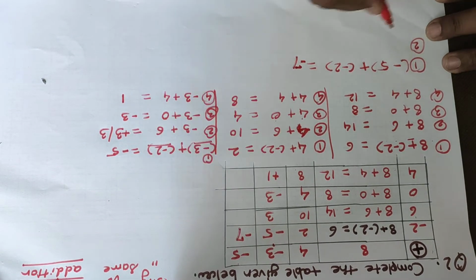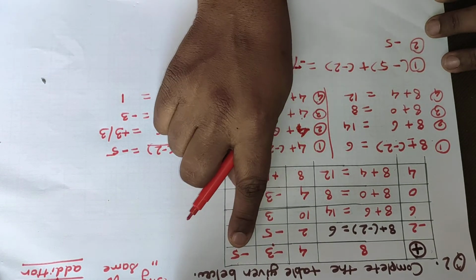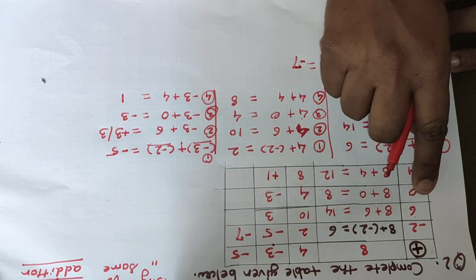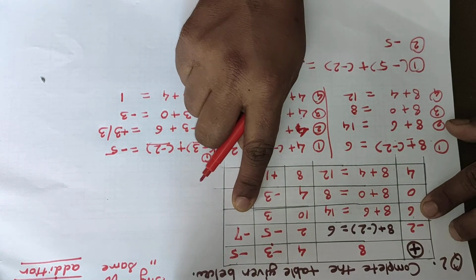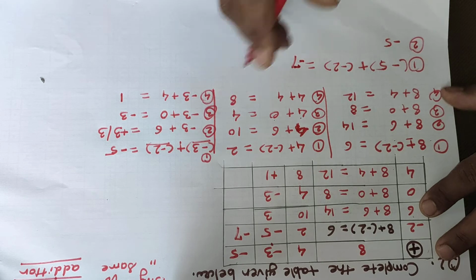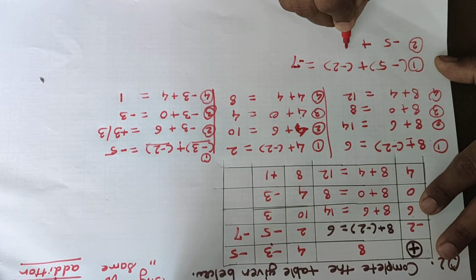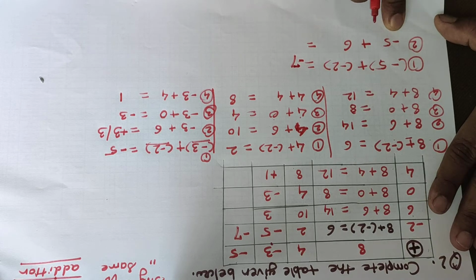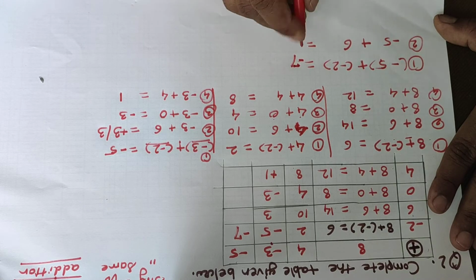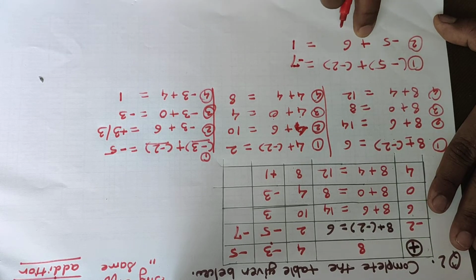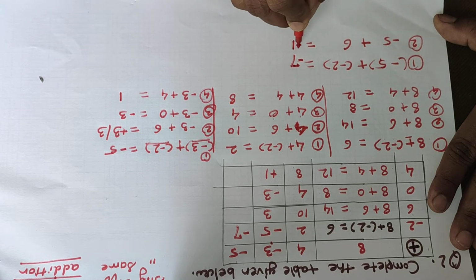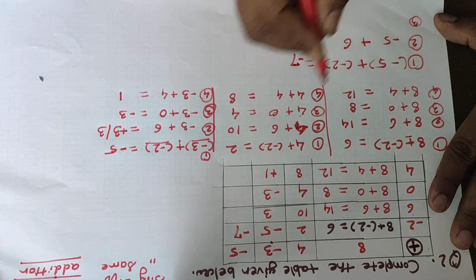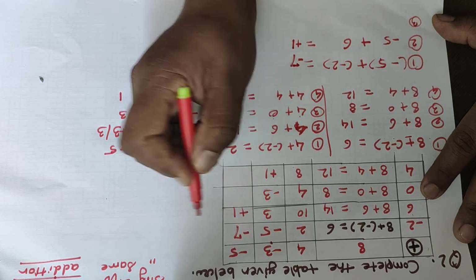Now this is minus 5. Next example, minus 5 plus 6. These boxes we are taking now, and the addition of these two we have to write here. So minus 5 plus 6. Signs are different. It is plus and it is minus. So 6 minus 5 is equal to 1. The answer will get the bigger number's sign. So plus 1, otherwise 1, right. Now third example. Here it is plus 1.